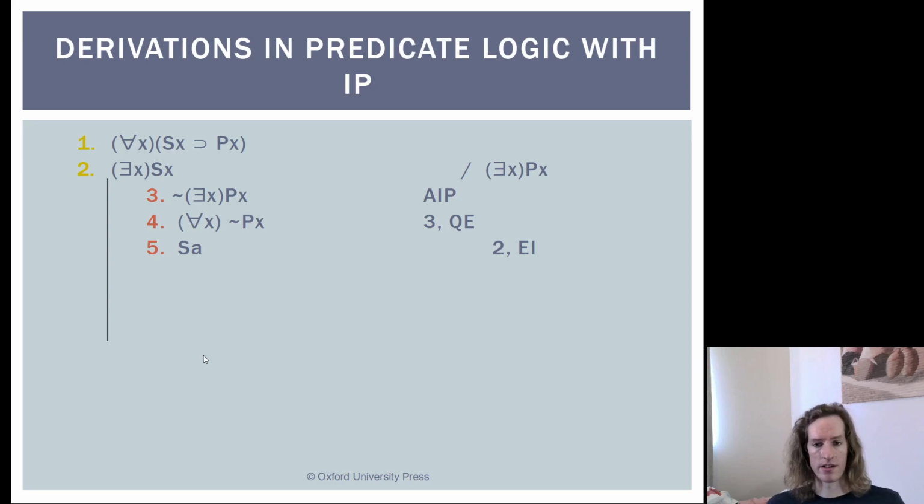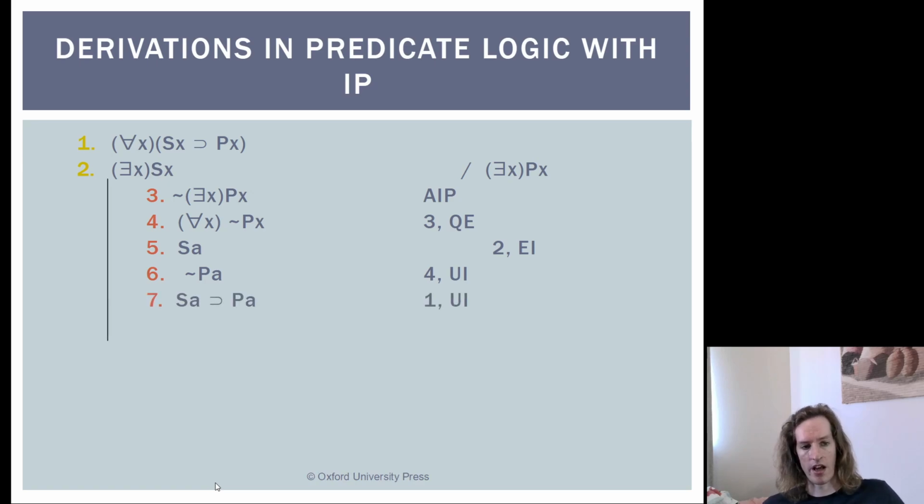Now we can go ahead and start instantiating stuff. Remember, we have to instantiate premise 2 first because this is our existentially quantified formula. And whenever we instantiate an existentially quantified formula, we have to use a new constant, which is a restriction that we don't have with these other universally quantified formulas that we're using. So now we'll go ahead and do universal instantiation for premise 4. And we'll go ahead and universally instantiate premise 1. And we're going to be using the same constant in all cases, so things will just work together.